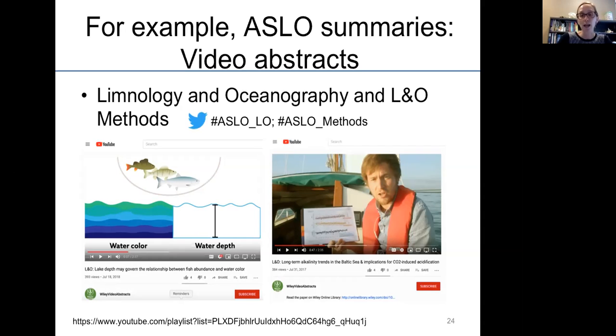The example on the right is just the author on a sailboat talking about the paper, which is just as interesting, and it can be casual but still professional, and still a way to get readers or people engaged with your work. So that's an option for you.